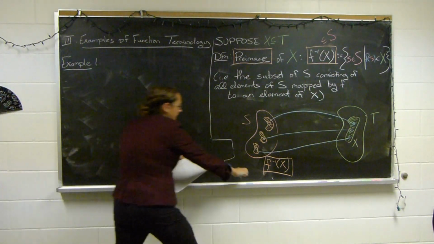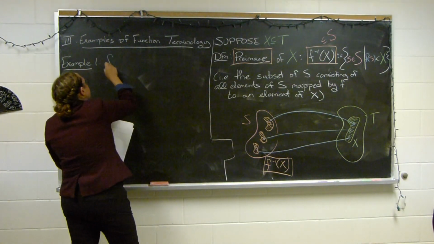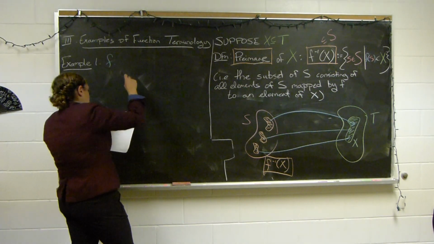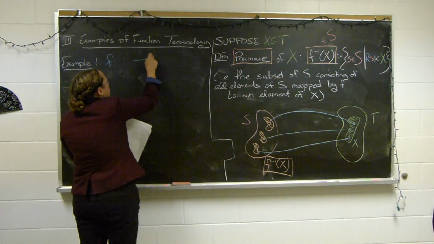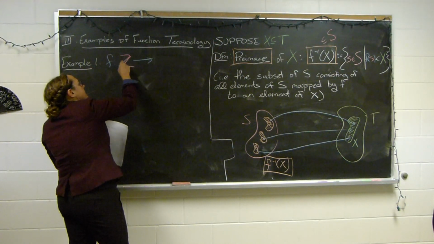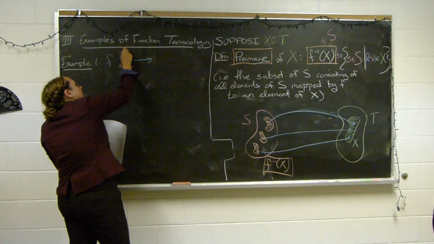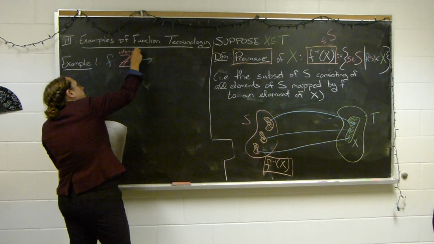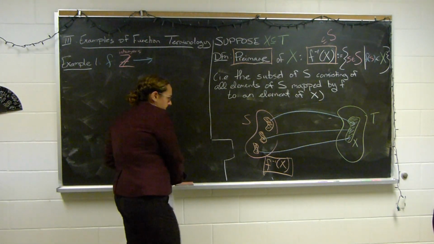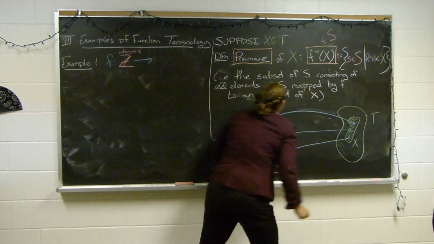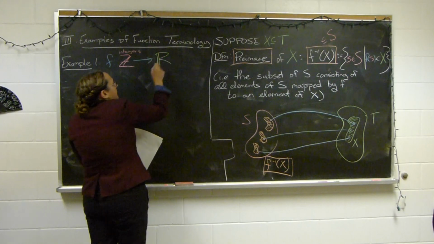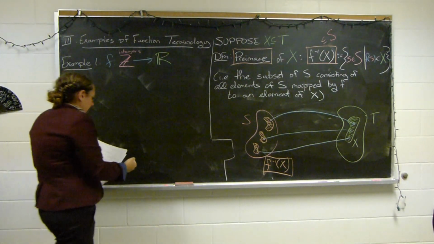I have that F is a function where my inputs are integers, so this is the set of integers. Students always ask why Z. It comes from a German word. Our outputs have to land inside of R, so that's our codomain. And we have the function,